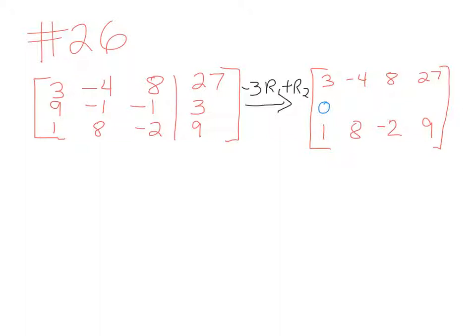Now -3 times -4, positive 12 minus 1, 11. -3 times 8, -24 minus 1, -25. And then -3 times 27, that's -81 plus 3,